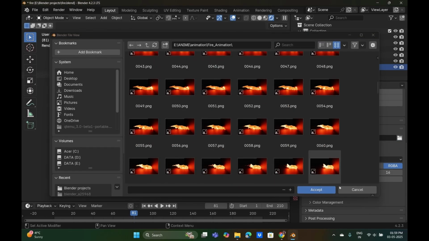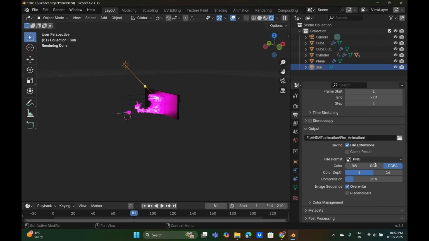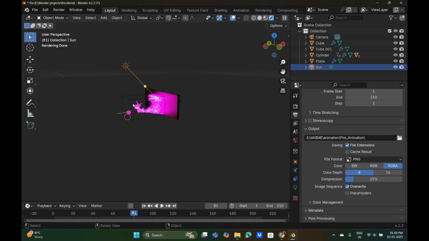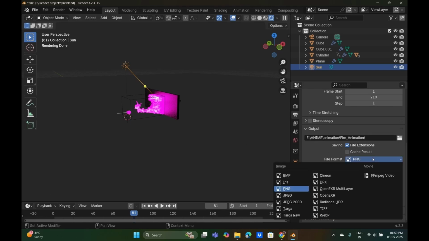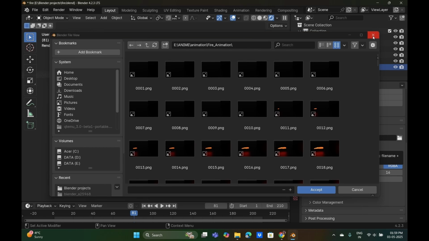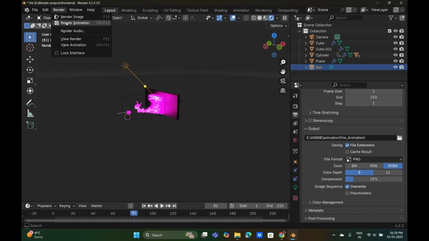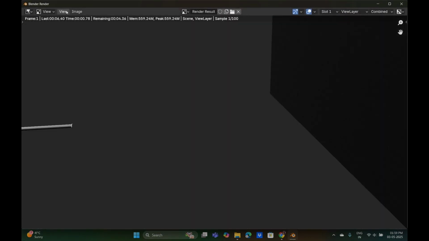So I have this old one. I'm gonna show you how you can directly do that as video, but I don't prefer that, and no one prefers that. You can just export PNG images, just select a resolution and export it. Select a different folder, create a new empty folder for it, and it's gonna do it. And after your animation is rendered,